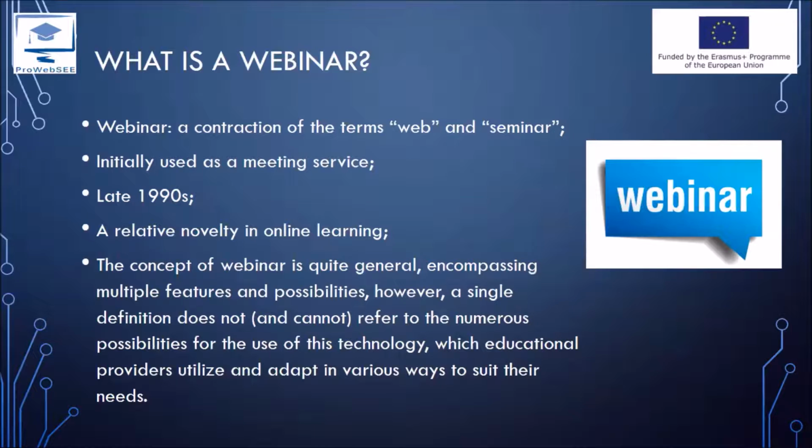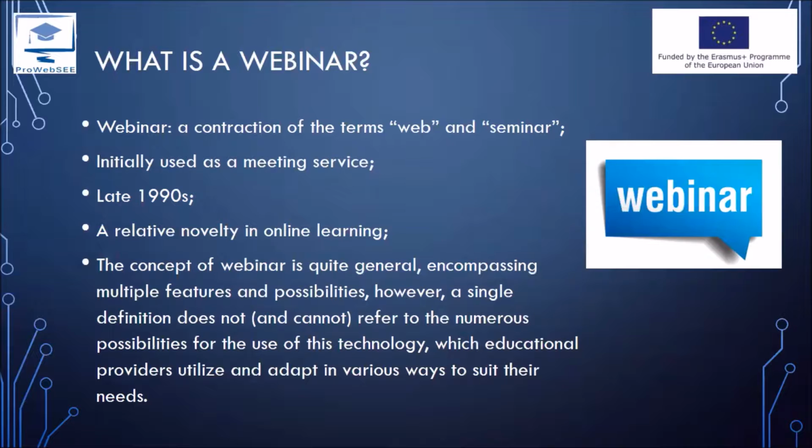However, it still represents a relative novelty in the sphere of online learning. The concept of webinar itself is quite general because it encompasses features and tools which are changing and modifying on a daily basis.